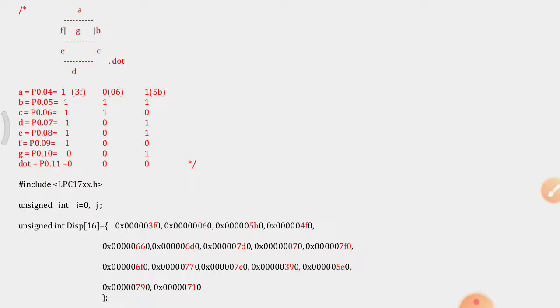So here basically we will see how a 7-segment display is being used. There are 8 pins on the 7-segment LED: A, B, C, D, E, F, G and a dot, which we call DP. A is the upper horizontal line, G is the middle, as shown here in the setup.